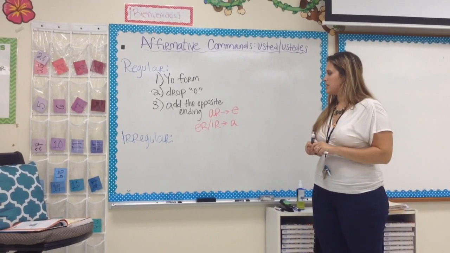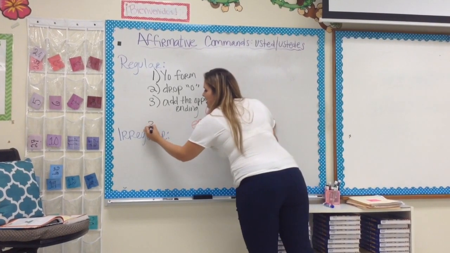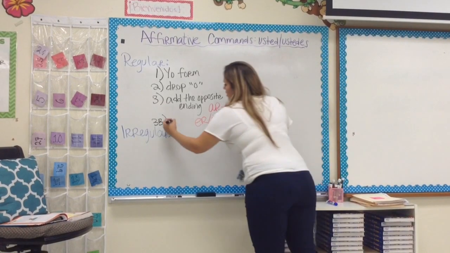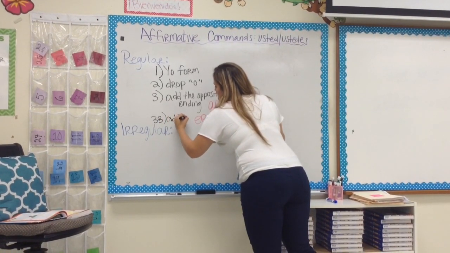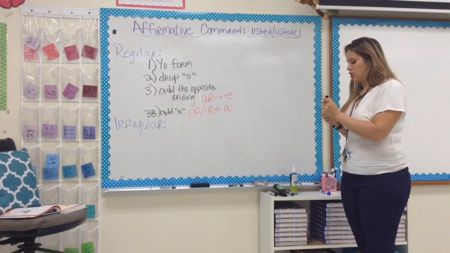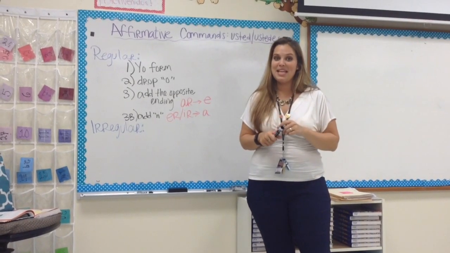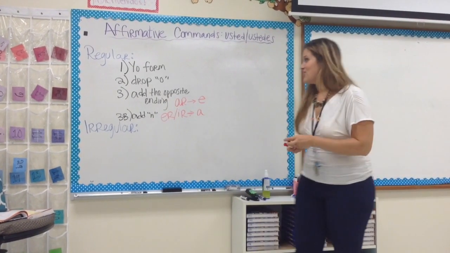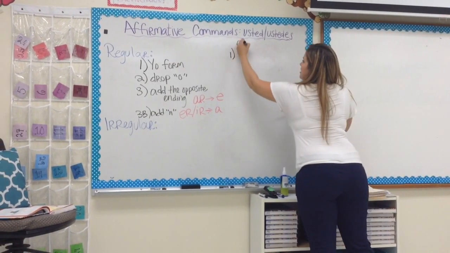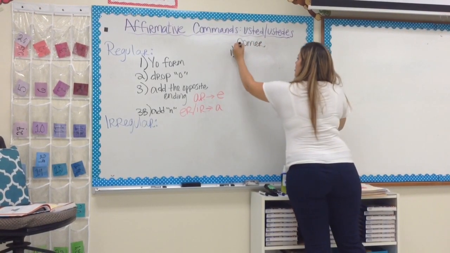And we'll see how that works. And then I say step 3B would be to add an N if it's in the ustedes form. So that's 3B. So let's look at an example. If I wanted to look at all of my students, and I was nice enough to give them all M&Ms, and I wanted to say eat. So step 1 would be put it into the yo form. The verb is comer. So the yo form of comer is yo como.